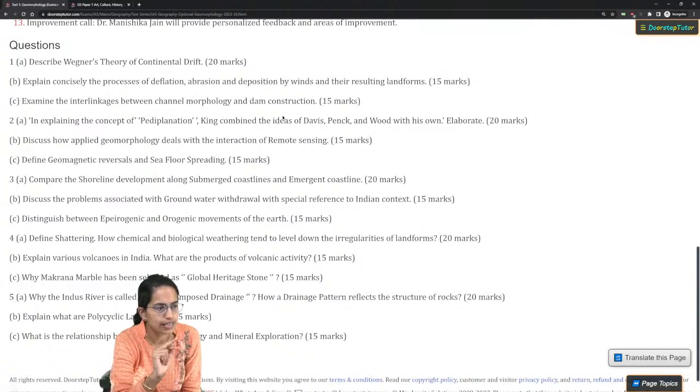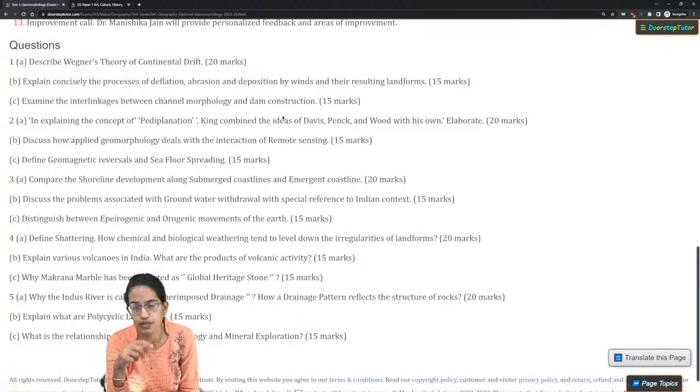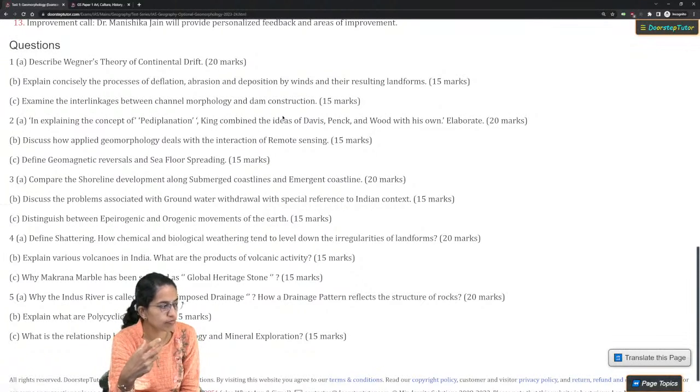Now I take another example. Go to question 3b. The problems associated with groundwater withdrawal in special reference to Indian context. Now here you can take, let's say, the case study of Punjab, where we have lots of grey zones which are developing. Now when I say lots of grey zones that are developing, we need to understand the repercussions in